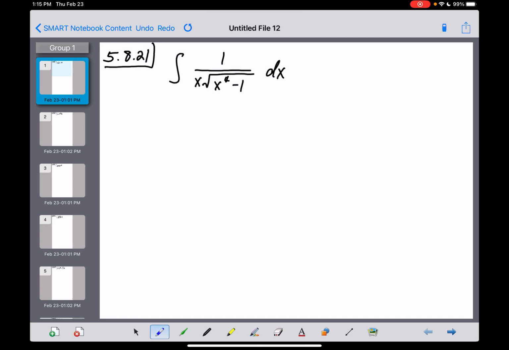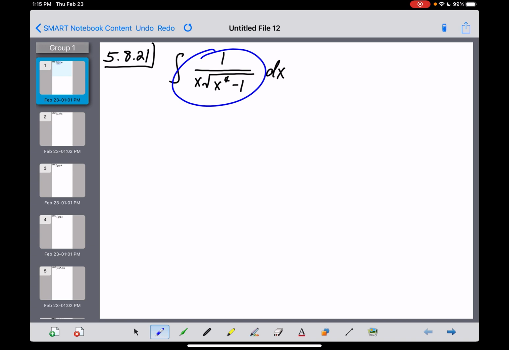Number 21 here is a pretty tricky problem. I want to remind everybody that what we're trying to do in 5.8 is to recognize our integrand as the general structure of a derivative that we learned back in the first semester. And so what I think we're looking at right here, guys, would have something to do with the derivative of